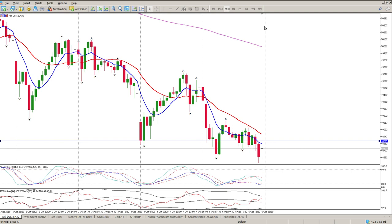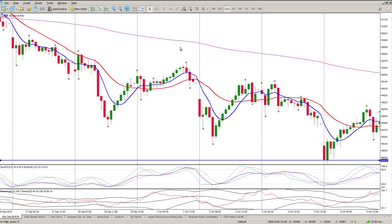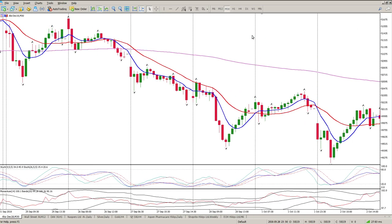Well, it's kind of difficult to ascertain what we're going to do today. And I think the important thing to do is to pay attention to your oscillators, because you can see stepping outside the Bollinger Band here, crossing over far apart, and you can see it was your warning sign that it was going to move to the downside. We are crossing over the moving averages, then back below, and then back below, but you just need to take cognizance of the fact that on the 4-hour the trend is down. Okay, so trend is down at the moment,